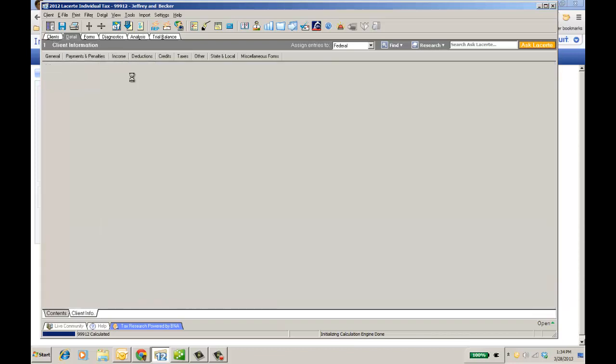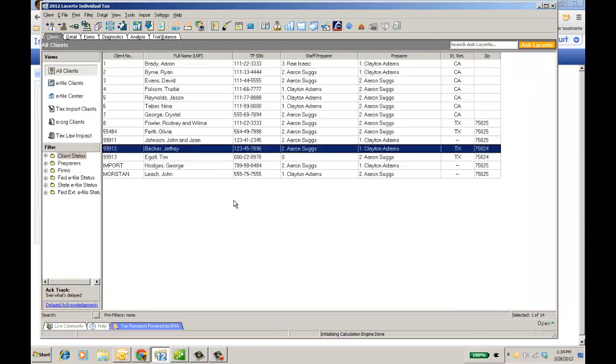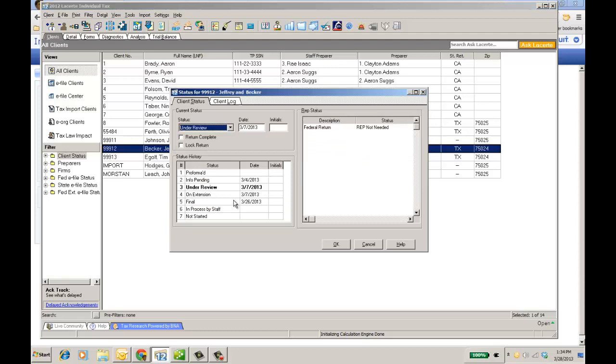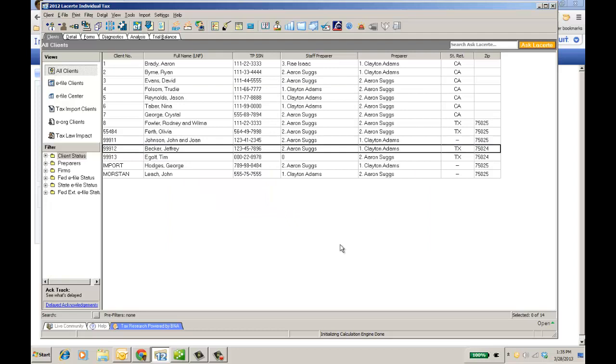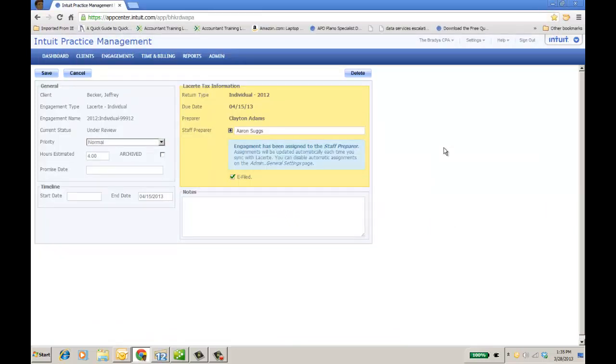And then if I go back to the client's screen, highlight Jeffrey and do F4, as you guys will do. It's under review right now, and that's the status. If I change the status to on extension, we'll eventually see that status change on the engagement, and it usually takes a couple, 3 minutes, I've noticed. That's basically integration with